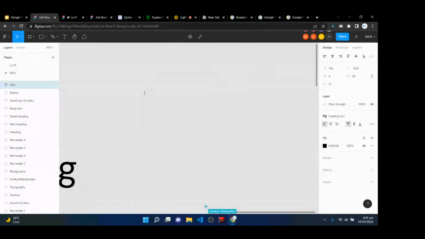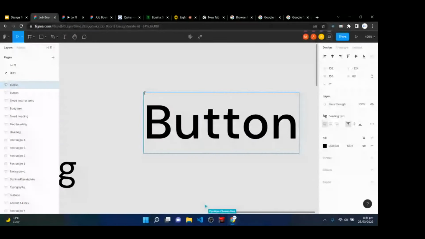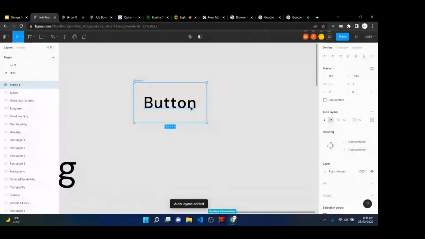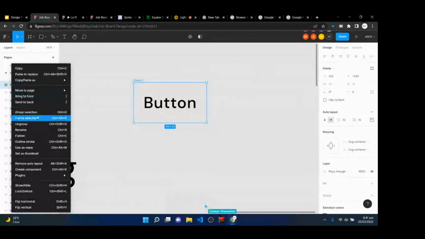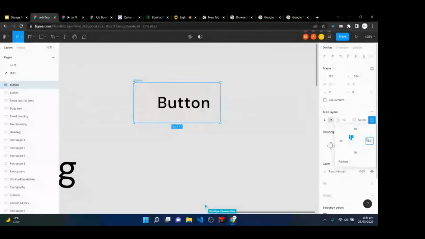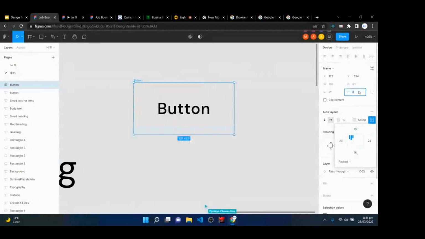So I would say button. Let's create a button component. I would use the button text for that. I would create an auto layout of it. I would rename the auto layout button. Then come here, set this to 24, left padding 24, right padding 24, top padding 16, bottom padding 16. Come here, I'll set the corner radius 4. Then give this button component